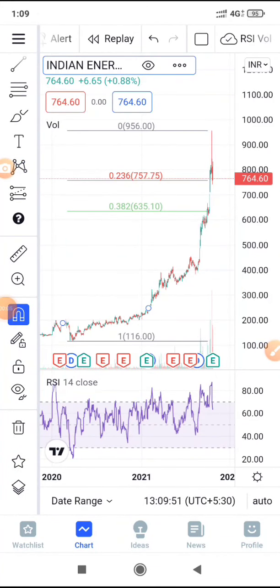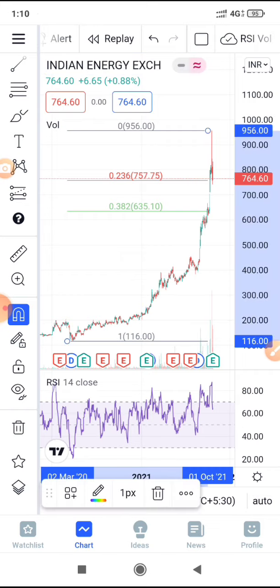So today I have brought to you an educational video on the TradingView app, how to use it, what options are available, and how it can be helpful for making trading decisions by drawing charts and all. So let's get started. Here you would see on my screen that I have opened the TradingView app. You can download it from the Play Store, and this has a lot of menus and a lot of options available. It's very similar to the TradingView website.